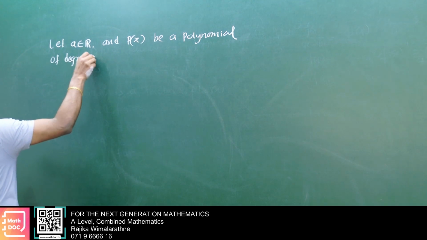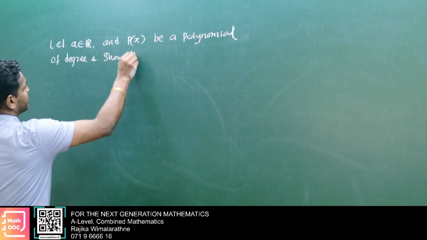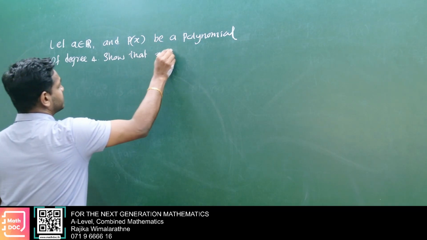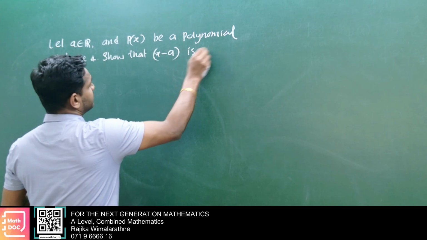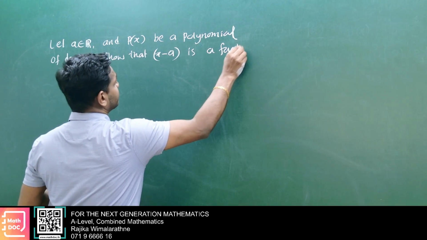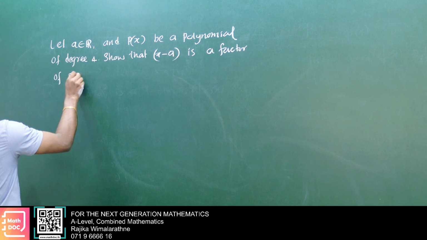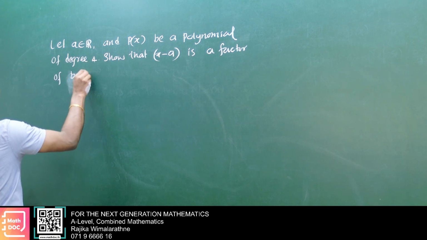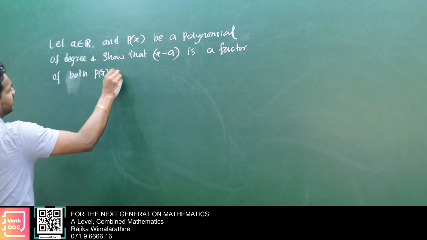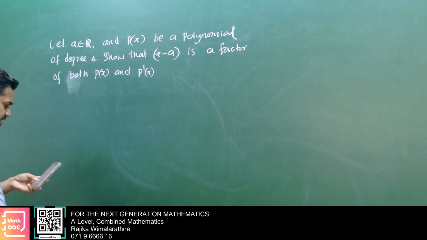Write down degree 4. Show that if x minus a is a factor of both p(x) and p dash x,